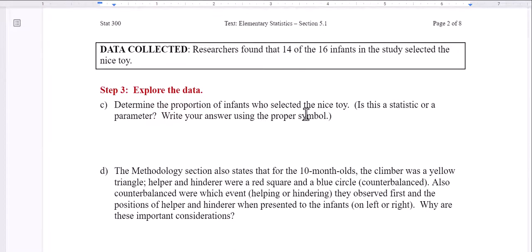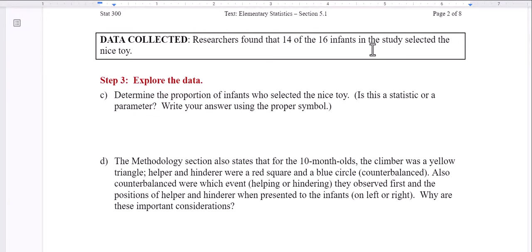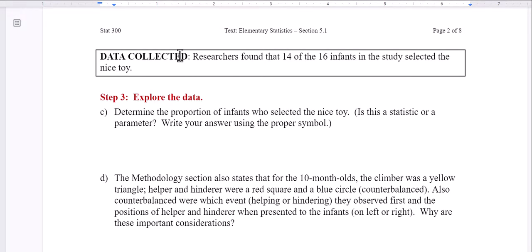Now in the study, researchers found that 14 of the 16 infants in the study selected the nice toy. When you watched the video, you probably heard one of the researchers say that almost 100% of the babies selected the friendly toy. Here I've condensed the data so that it's something we can work with for our notes, but the original study had a lot more than 16 infants. I just tried to pick numbers that were similar to the percentage that they had. So 14 out of 16 is about 85%, which is very high, right? So I just chose a small number so that we can work with it